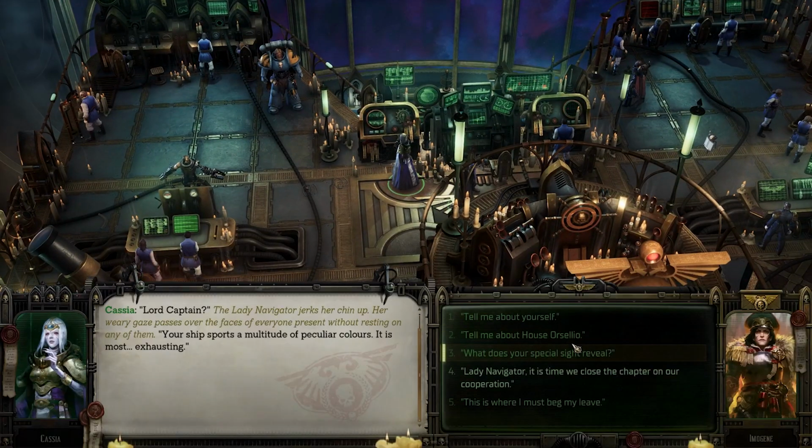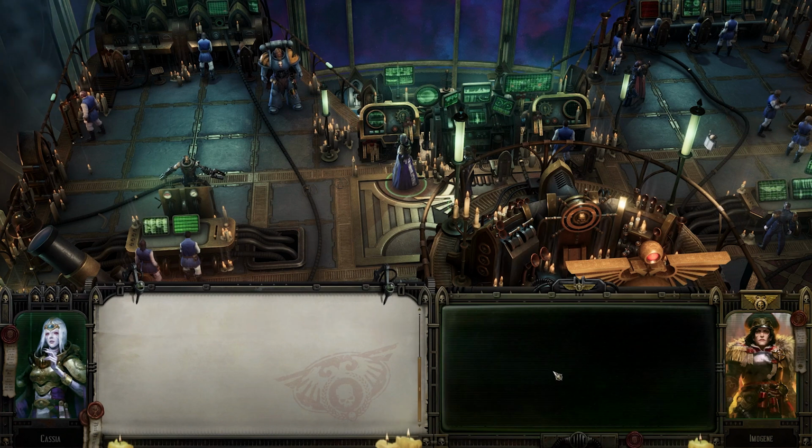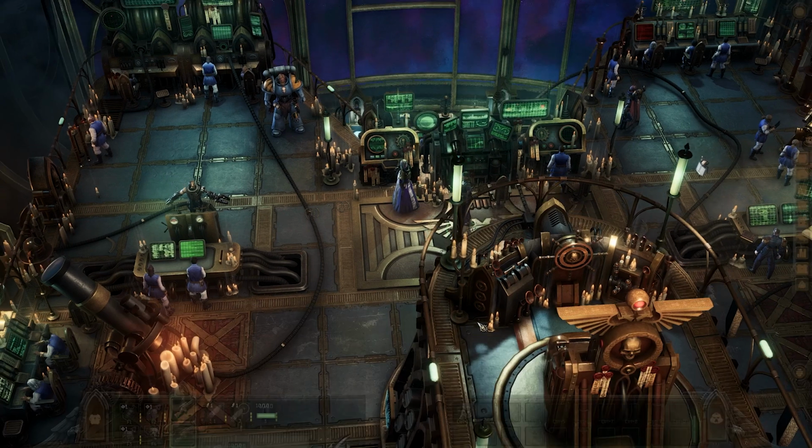Cassia. Lord Captain, your ship sports a multitude of peculiar colors. It is most exhausting. The fire of the colorful shards of stained behind the cobalt. I wonder if any of that I was have new. Enjoyed-